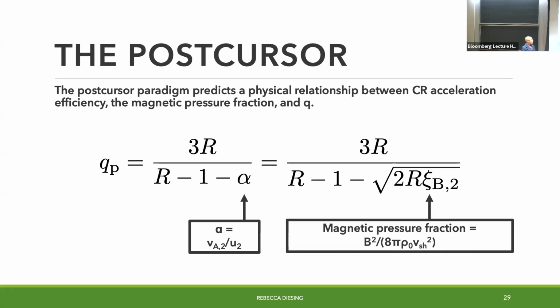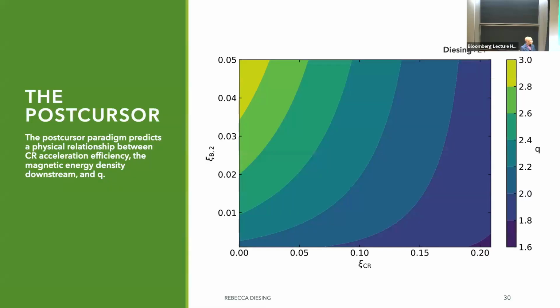Or you can actually recast all of this in terms of this psi v2, which is just the magnetic pressure fraction in the downstream. So if you are able to somehow make a guess for what psi v2 should be, and you also guess what your cosmic ray acceleration efficiency should be, so that's basically the pressure fraction of the cosmic rays, then you can solve your hydro equations across the shock, including those pressures, and get a prediction for your fluid compression ratio R. And that in turn gives you a prediction for what the slope of your spectrum should be. And so that's basically what we do on this next slide.